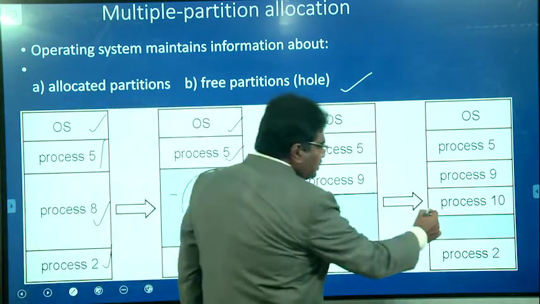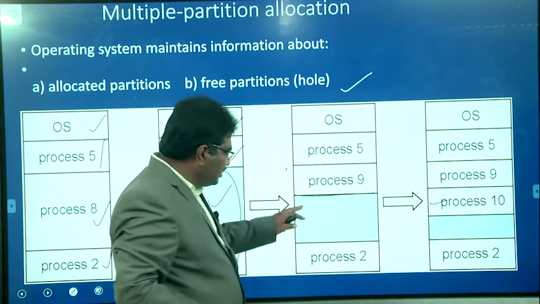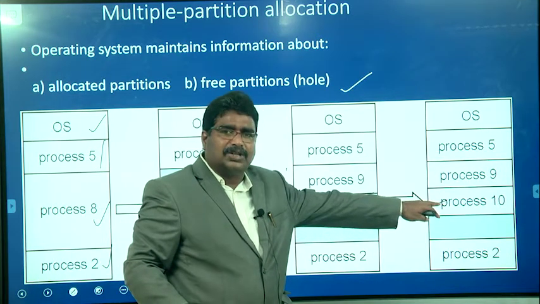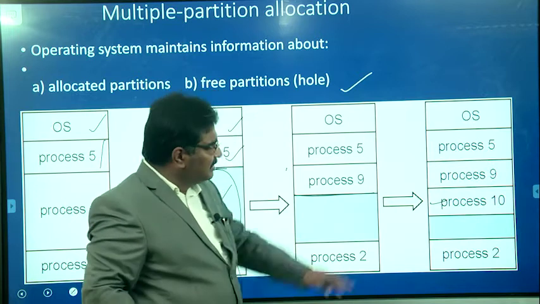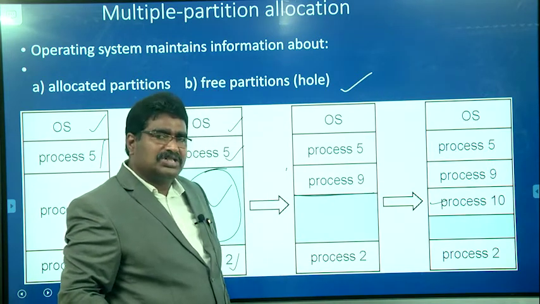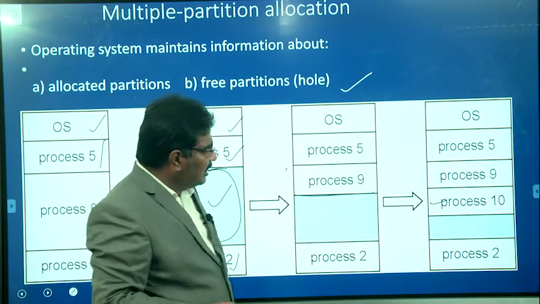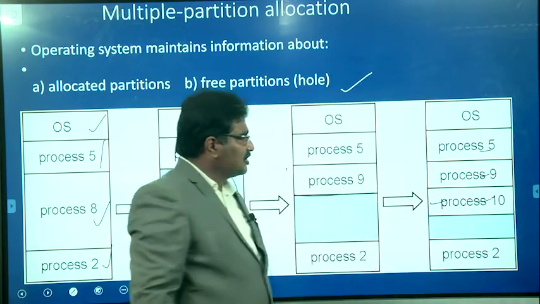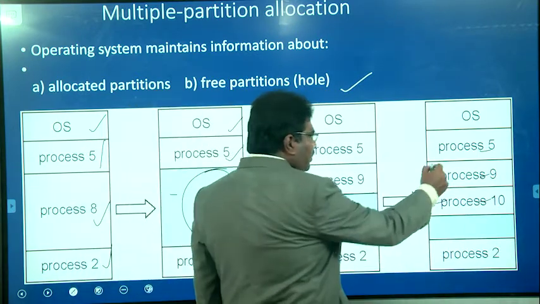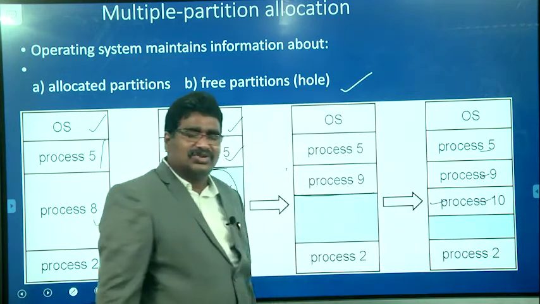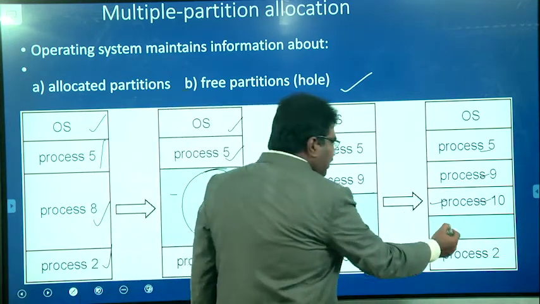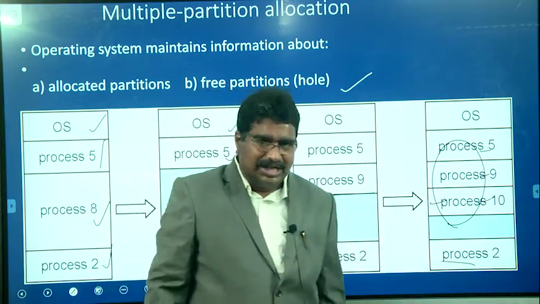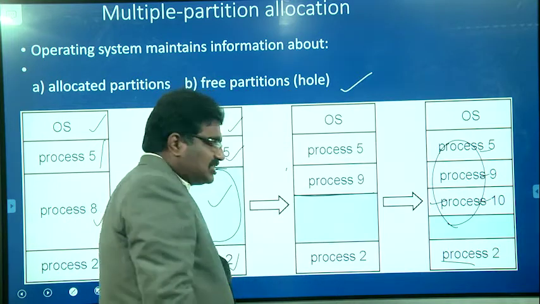After some time, a new process arrives, process 10. Then automatically this one is also divided into 2 partitions. So whatever memory is required is allocated to process 10, and there is a free space available. Now in this case, a total of 5 partitions exist. One is the free hole, and the remaining are allocated to processes 2, 5, 9 and 10. For example, we are assuming that processes 5, 9 and 10 complete their execution and release the memory. Then automatically the entire region is a free space hole, and process 2 is existing. So I hope you are able to understand how the multiple partition allocation is done.